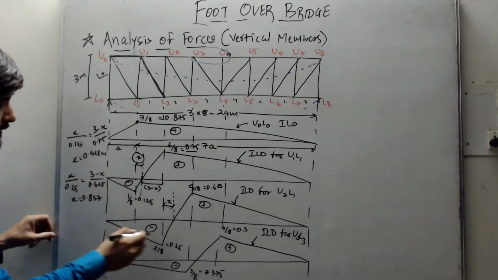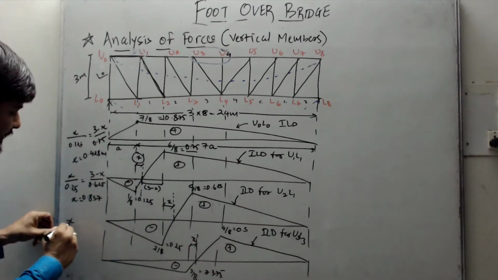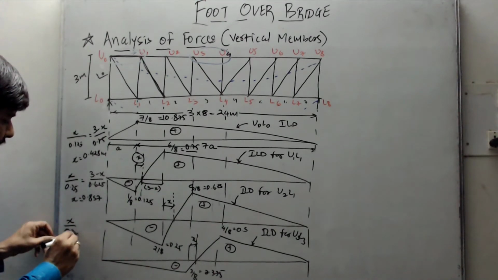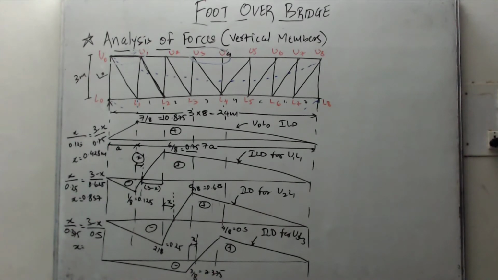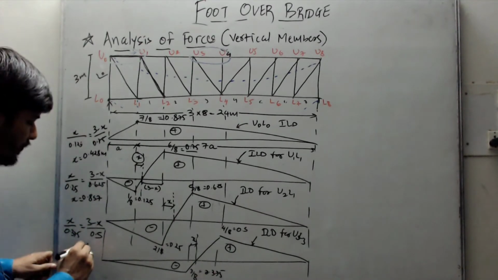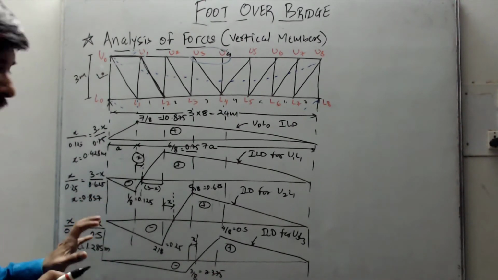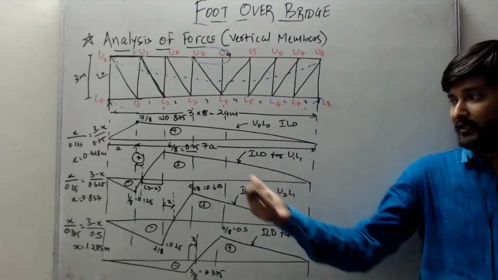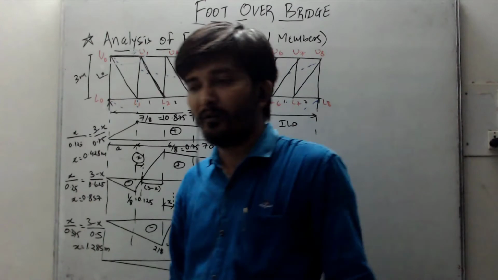and similarly for the last diagram, this is again x value. So again x divided by 0.375 equal to 3 minus x divided by 0.5. So I'll get my x value as 1.285 meter. So now once all the dimensions are known to us, all the diagram is ready, right? So please note down this diagram very carefully, because from this we are going to calculate the forces. Okay, so now let us calculate how forces are coming.